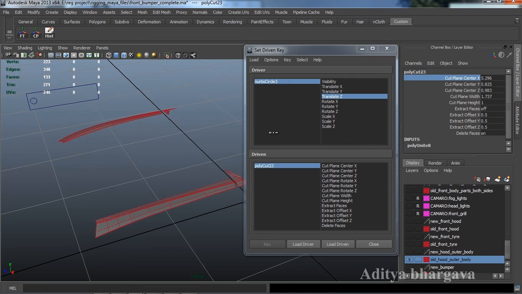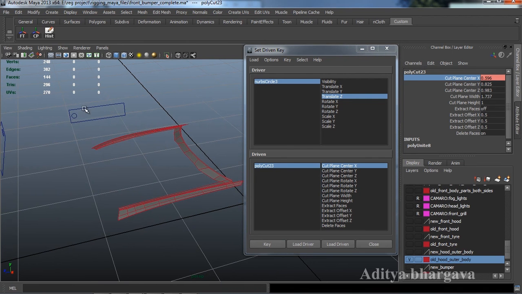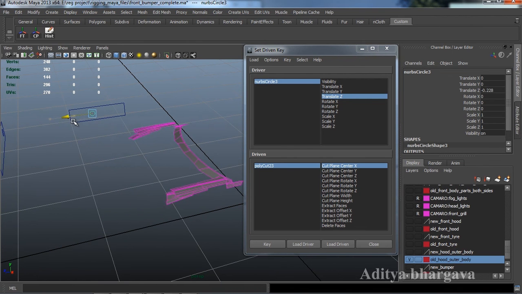Yes, this is the axis, so this is the x-axis of the cut plane, so this one and this one, and key it, and till halfway of the controller,